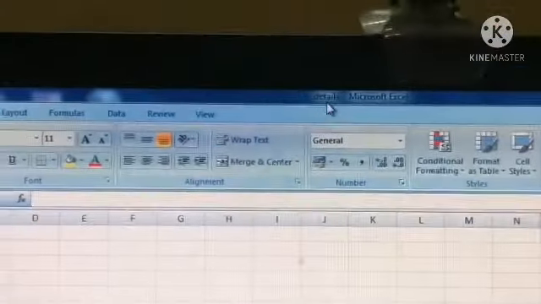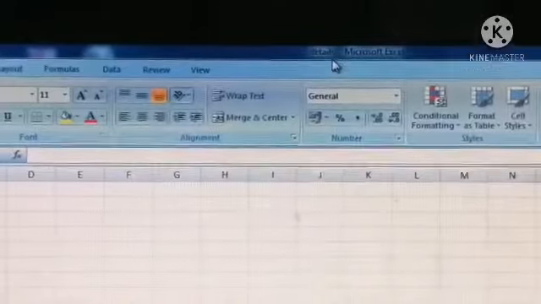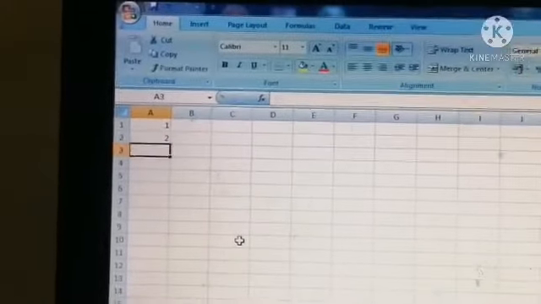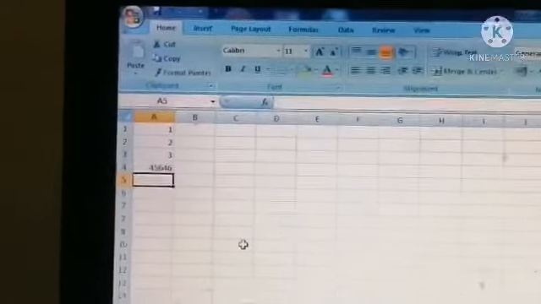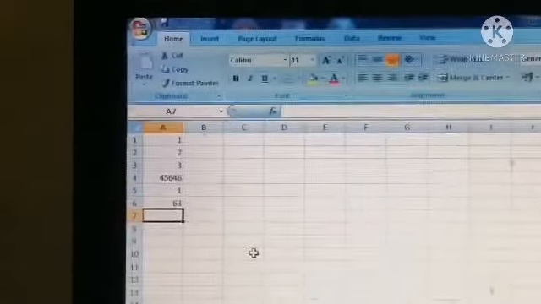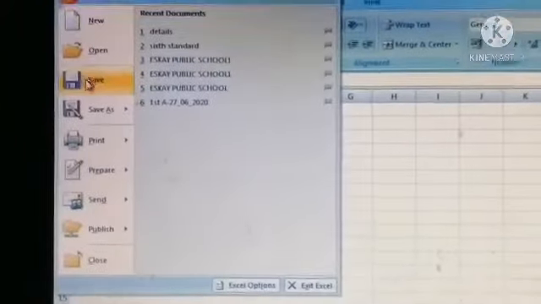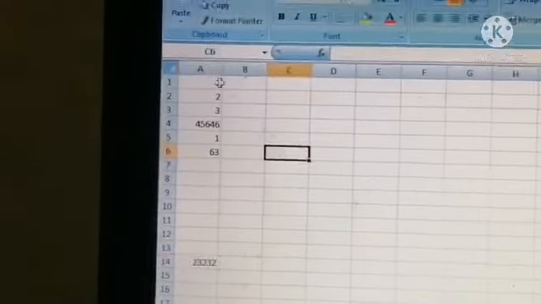Okay, so here Book 1 changes to details. That means the file is saved with the name details. So now no work is done here, no data is here. Okay, now I enter data. After entering the data, I want to save the file again. At that time you have to click file, then the save button. Again do work. Again click file, then the save button.